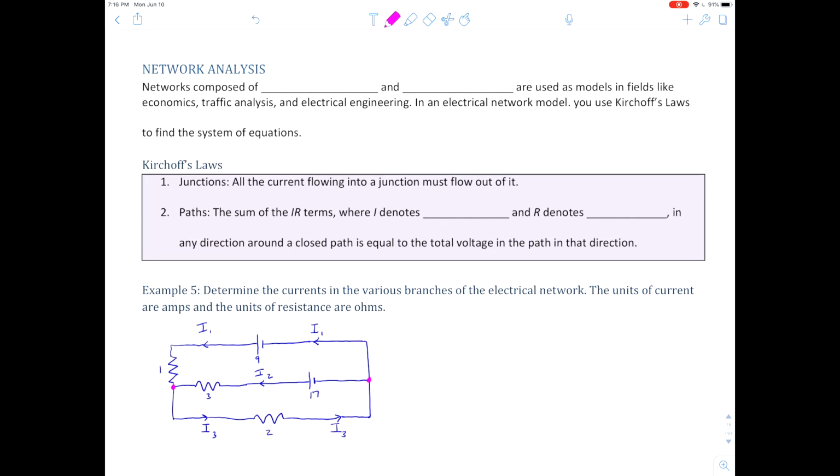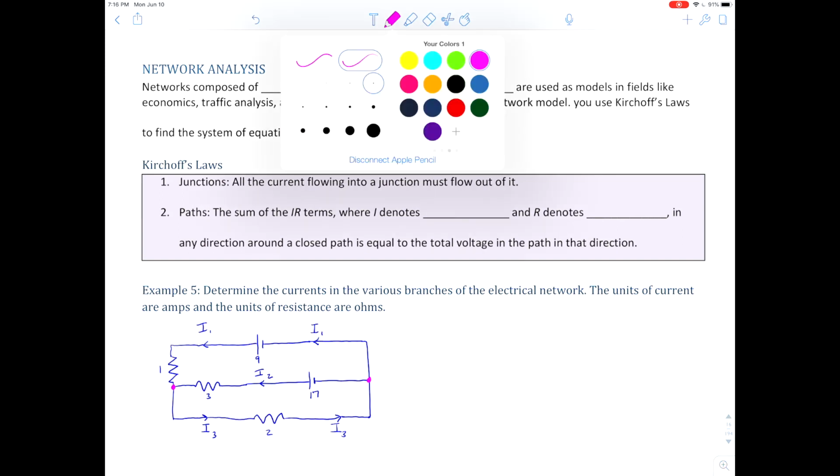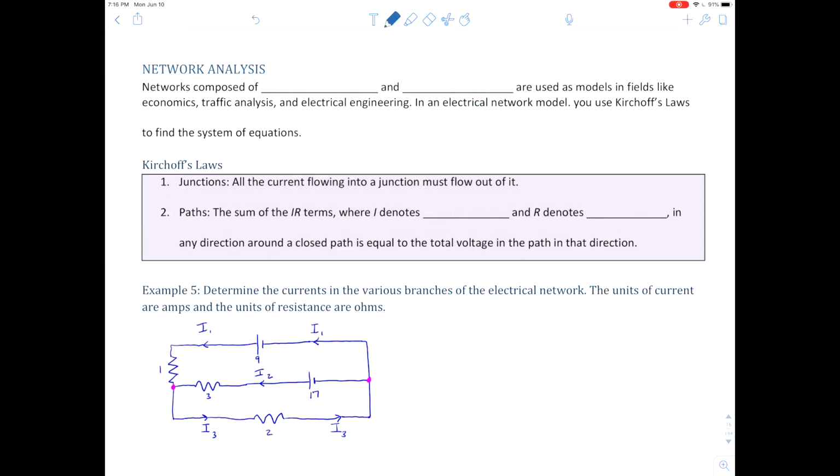Now let's take a look at another application called network analysis, right? So networks composed of branches and junctions are used as models in fields like economics, traffic analysis, electrical engineering, many more areas too. So in an electrical network model, you use something called Kirchhoff's laws, I'm sorry if I'm mispronouncing that, to find